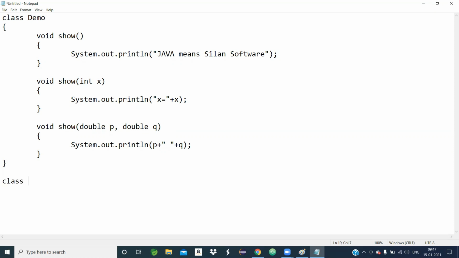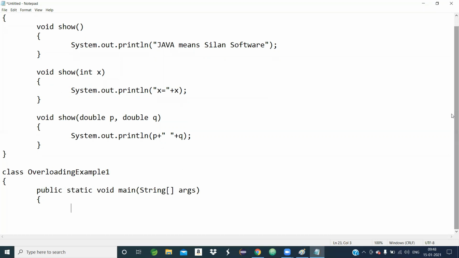Now the concept says whatever we do, we have to do inside a class. So let's suppose the class is overloading example 1. Let public static void main, String args.